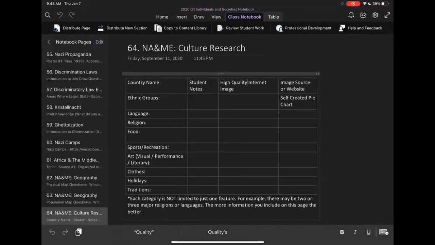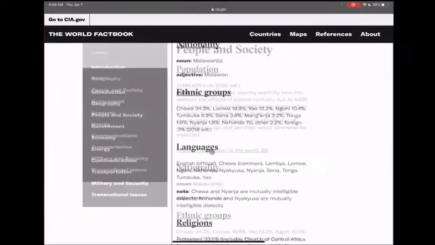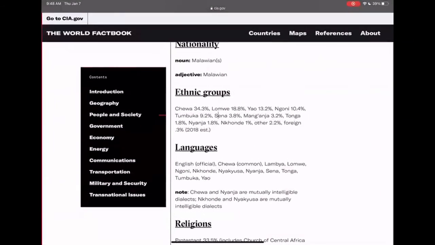So again, I want you to start completing this now. So I'm gonna look, right? Ethnic groups. So if I'm here, you know what? Honestly, since this is like straight data, I'm probably gonna copy and paste this. Okay? That's okay in this instance, instead of just typing that out.